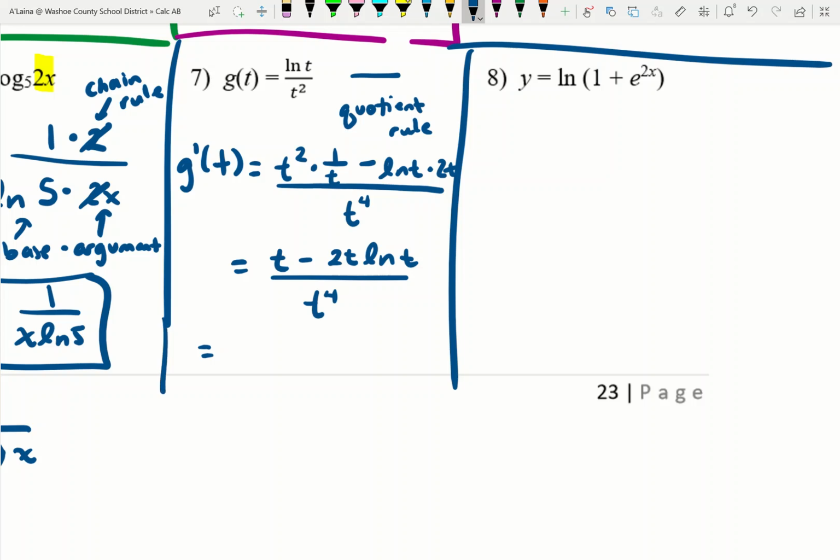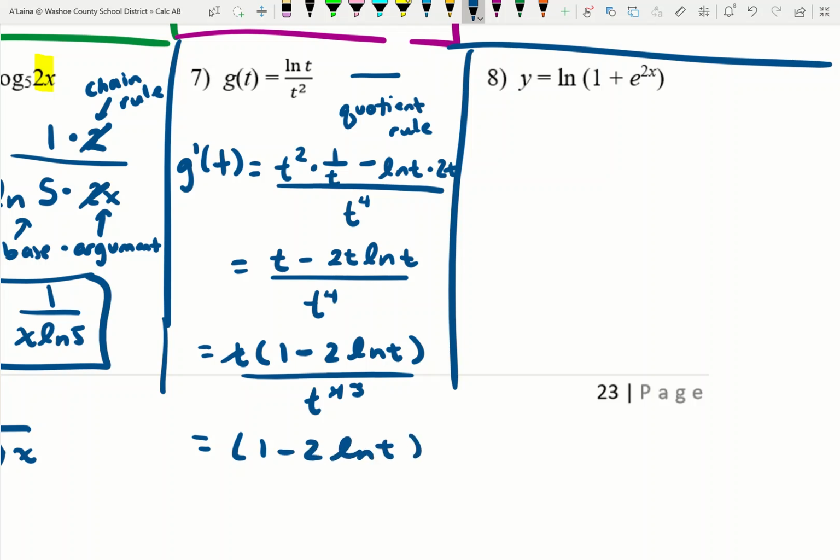I'm going to go ahead and factor out the common factor of t, of just t, not t squared. Oh, there we go. And I have 1 minus 2 times the natural log of t over t to the 4th, and I'm going to reduce out a set of t's to get 1 minus 2 times the natural log of t over t to the 3rd power. I'm not sure why I wrote parentheses there. They're not actually needed, but